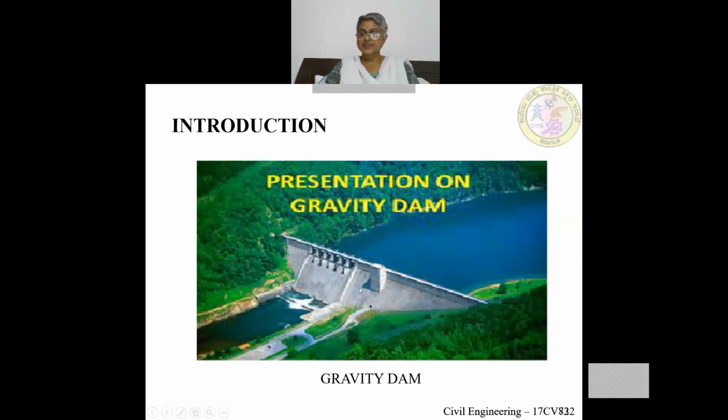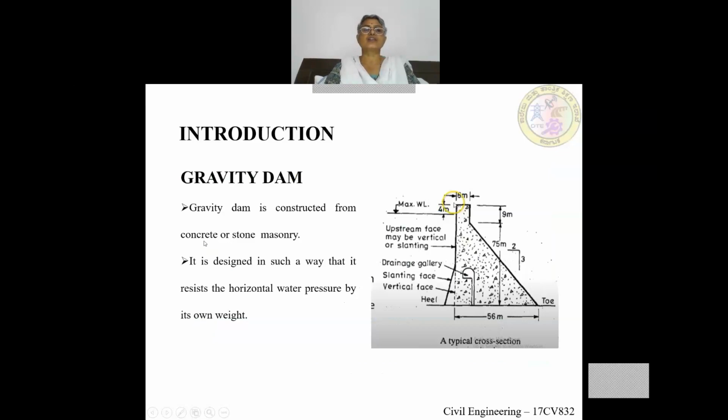And gravity dams are usually constructed of concrete or stone masonry. So this is a typical cross section of a gravity dam. You can see here, the upstream face is vertical up to a certain height, and then there is a batter here. This is the upstream side where the water is stored. So this batter is provided for additional stability of the dam. Why this additional material is provided, we will discuss in detail when we take up the stability analysis of gravity dam. And this is the base width of the gravity dam from here to here.